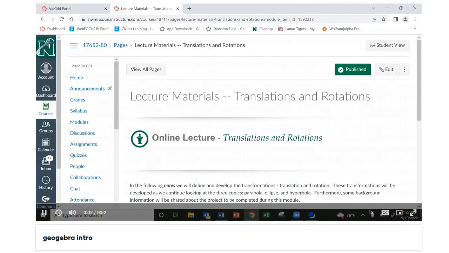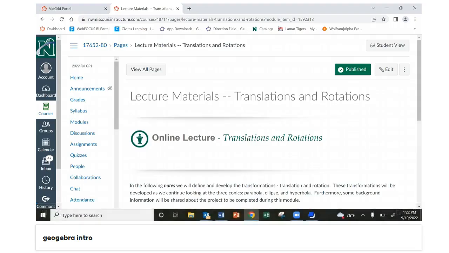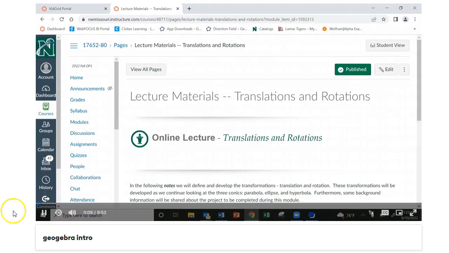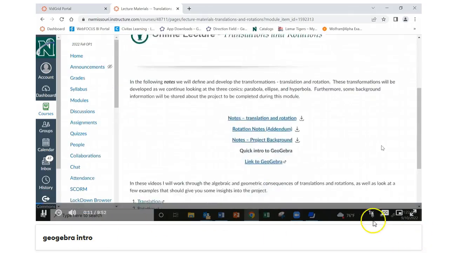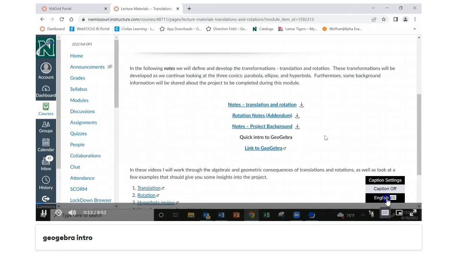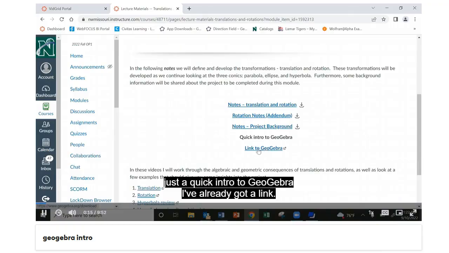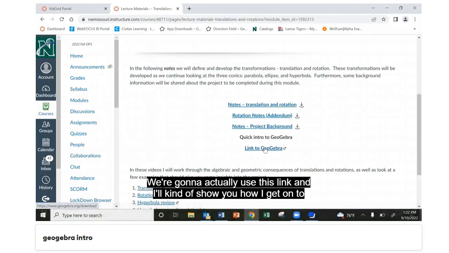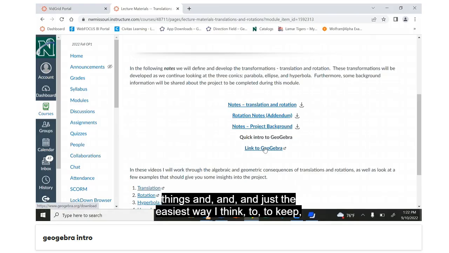Alright, this is just a quick video. If you're looking at the video, we're in module 4. I'm just adding a little piece here, a quick intro to GeoGebra. I've already got a link. We're going to use this link, and I'll show you how I get onto things, and the easiest way, I think,